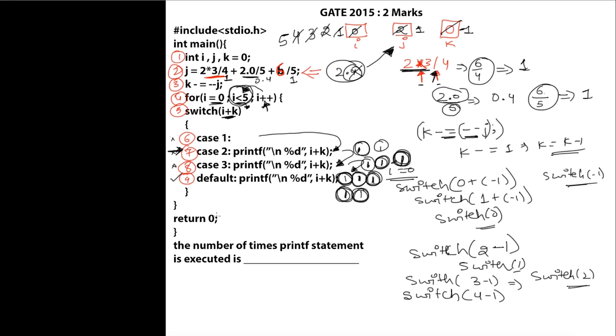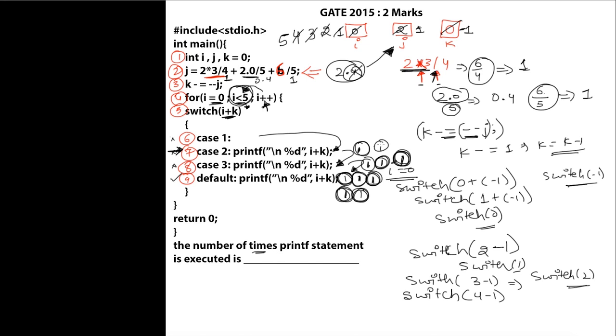And then we are going to return 0. This return 0 is actually returned to the operating system, to tell the operating system that yes, I have completed my execution of the program completely. So if the question was the number of times the printf statement is executed,